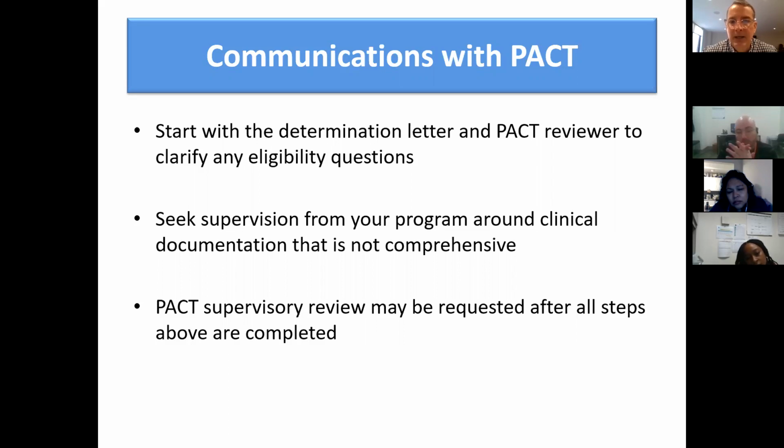And then finally, if you and the reviewer are in communication, either through email or you call the reviewer who reviewed your case, and you just really can't come to some kind of agreement, or you have outstanding questions about the review process, you can